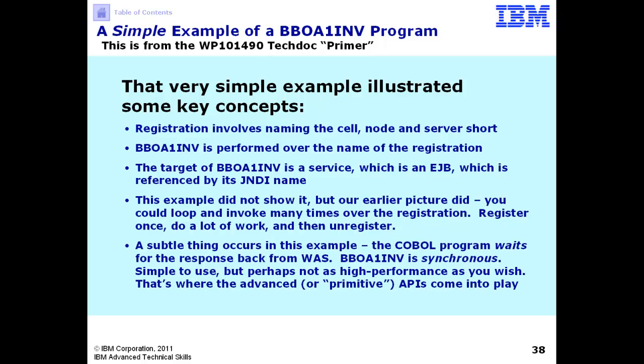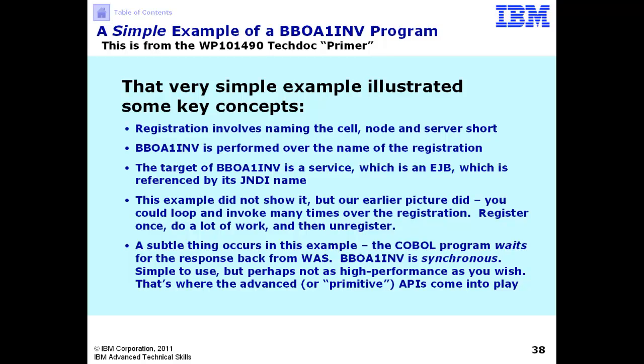Finally, we'll note a very subtle thing that took place. Program control was held from the COBOL program until the Java program returned with a response. That's an example of synchronous processing. It makes things very simple. If the Java program took 5 seconds to respond, then the COBOL program would wait that 5 seconds before doing